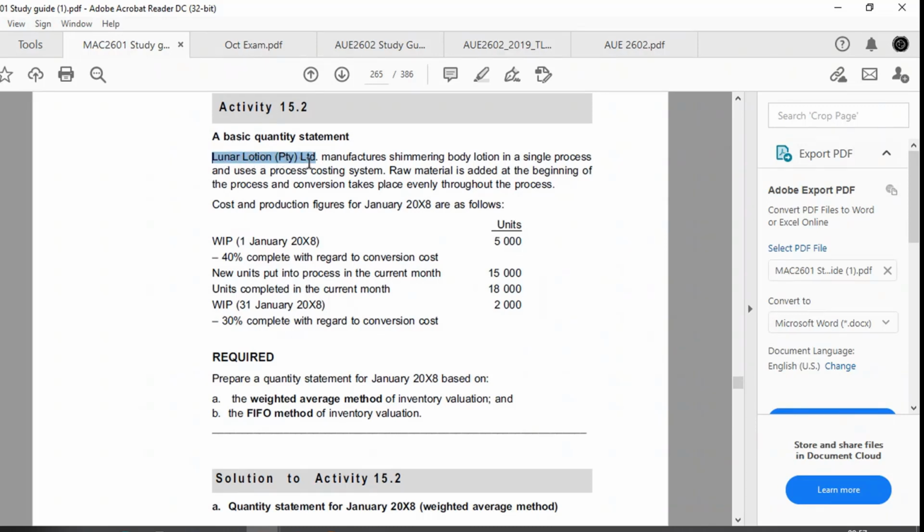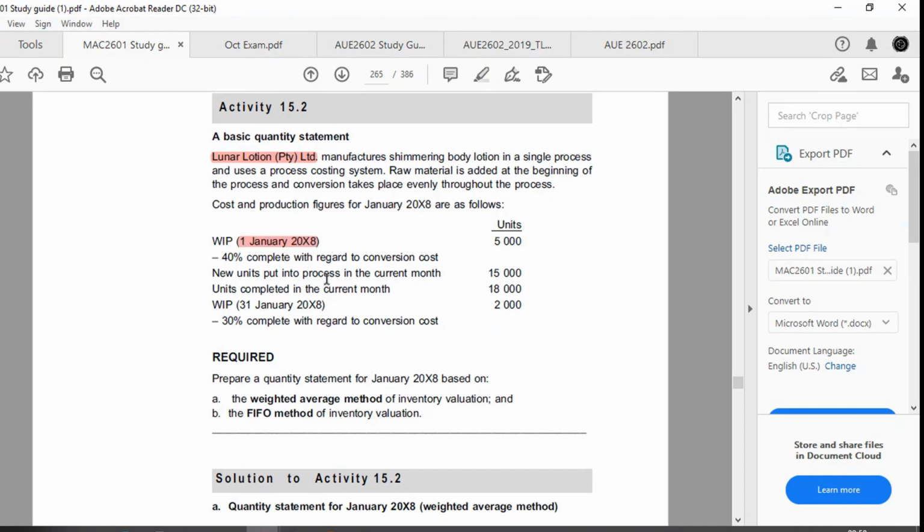I'm hoping that it's Lunar Lotion Pty Limited. They manufacture shimmering body lotion in a single process and use a process costing system. Raw material is added at the beginning of the process and conversion takes place evenly throughout the process. Cost and production figures for 2008 are as follows. You have your WIP at the beginning of the year